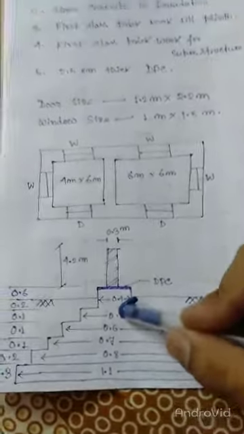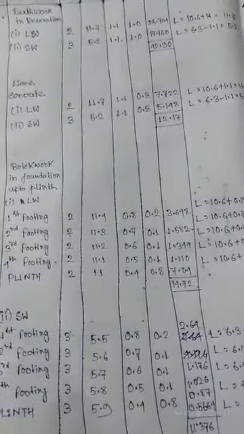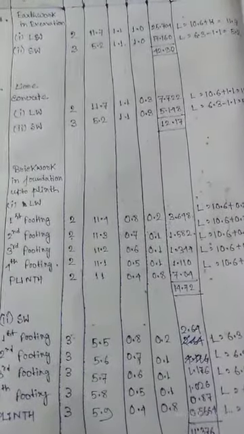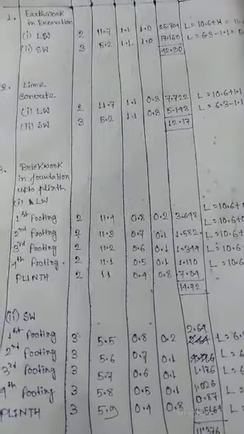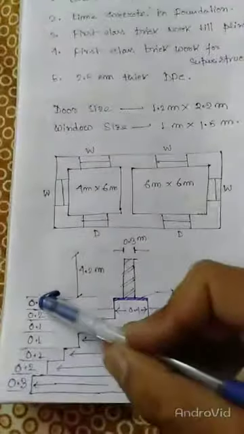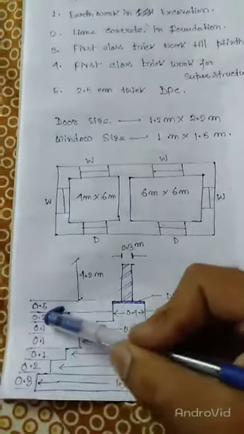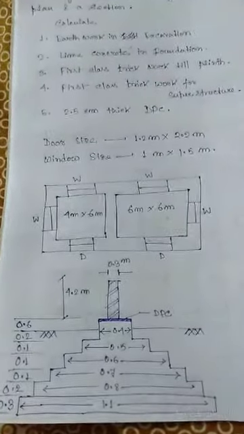Okay, you can find this particular dimension from your section, and the height of each step: the first step height is 0.2 meter, then 0.1, 0.1, and the plinth is 0.8. Okay, so you will find this dimension from here. 0.6 plus 0.2, that is 0.8. So considering all these,